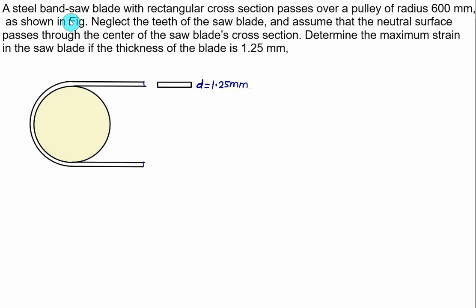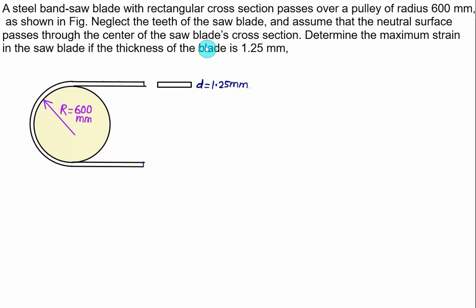A steel band saw blade with a rectangular cross section passes over a pulley of radius equal to 600 mm. So we have given here the pulley, and the radius of the pulley is equal to 600 mm. So the radius of the pulley here is given as 600 mm. Neglect the teeth of the saw blade and assume that the neutral surface passes through the center of the saw